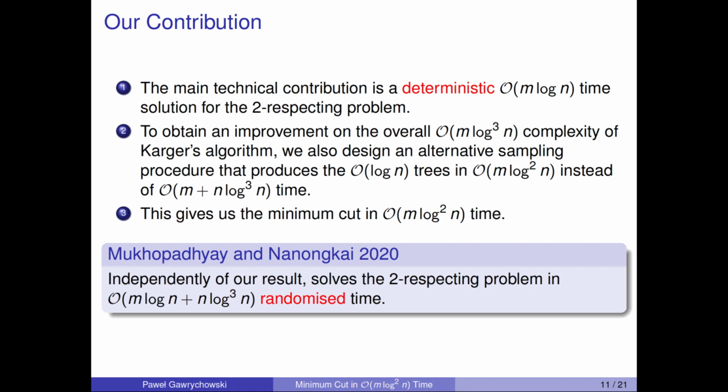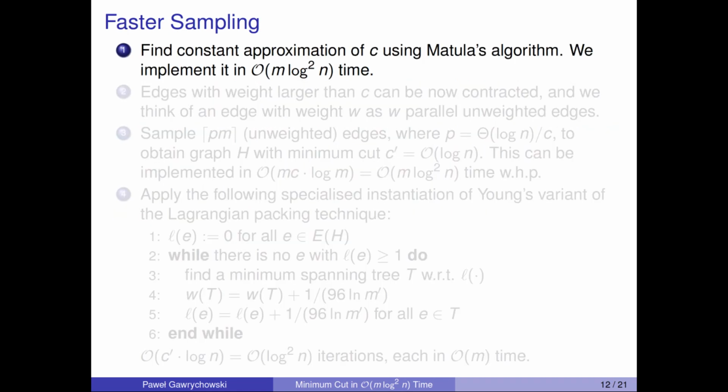Our method is deterministic, and it's always an improvement. Okay, so I will first show you how we change the sampling. So we follow the idea of Karger. The first step is to find an approximation of the minimum cut C. So we use a known algorithm for that, but we need to show how to implement it efficiently in the